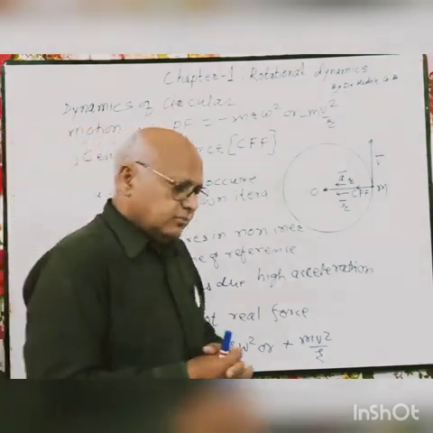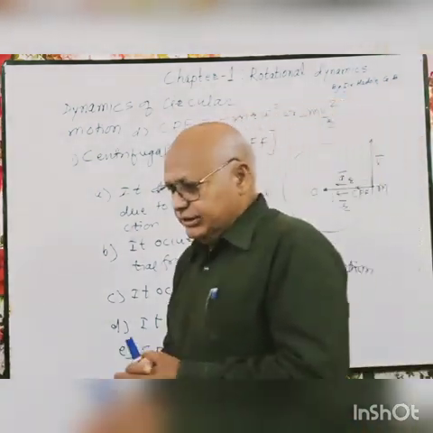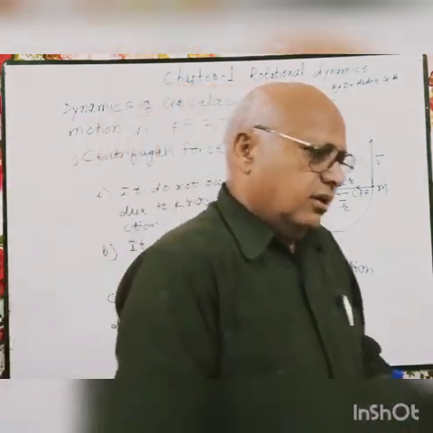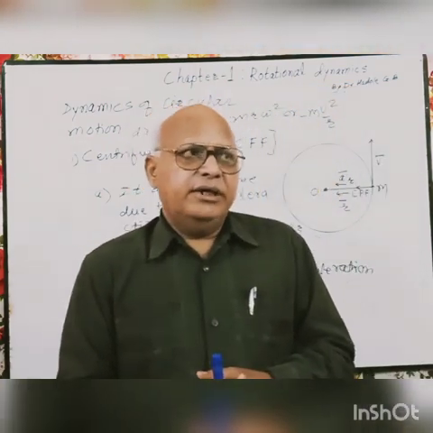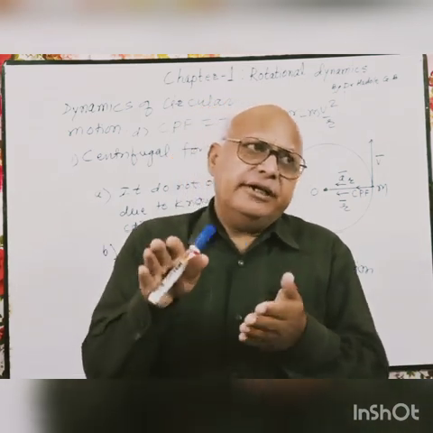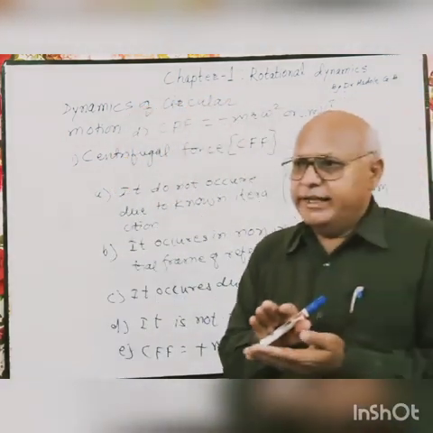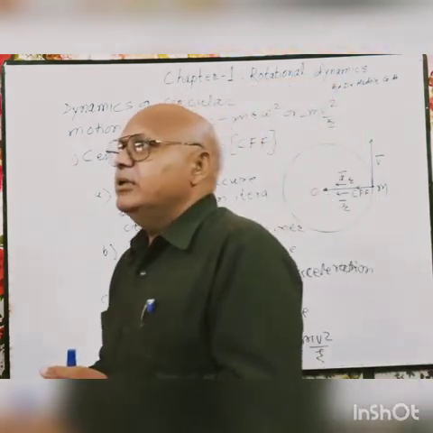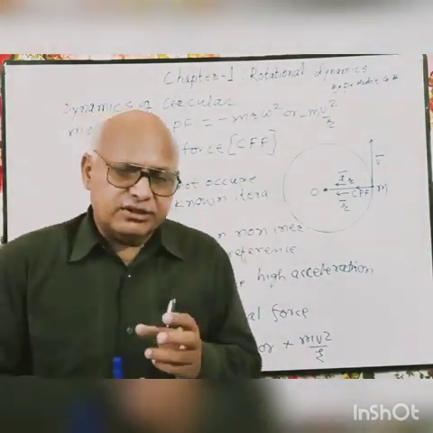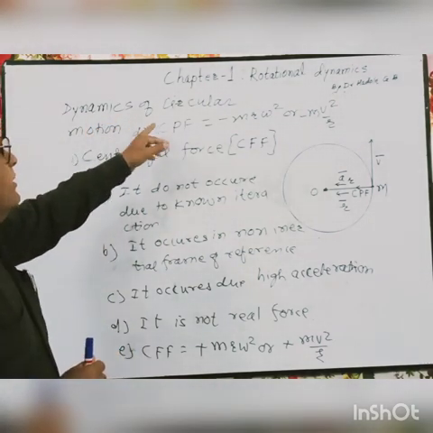Next, the wall of death, or well of death. It is also called maut ka kuan. In a circus, you might have seen a person, a cyclist or a motorcyclist, moving in a well. While he is moving, he is in a horizontal direction. And what happens? Still he is moving in a horizontal direction. He is under the action of centrifugal force, and that's why his motion is continued. So these are certain examples for centrifugal forces, and these are certain characteristics, and this is the article Dynamics of Circular Motion.